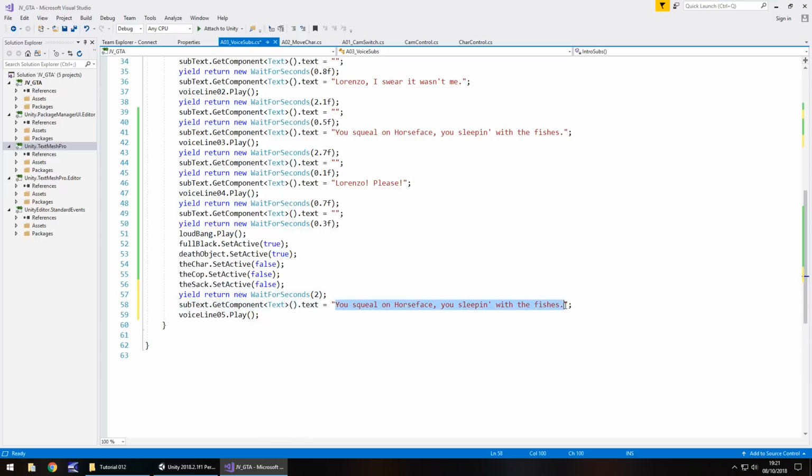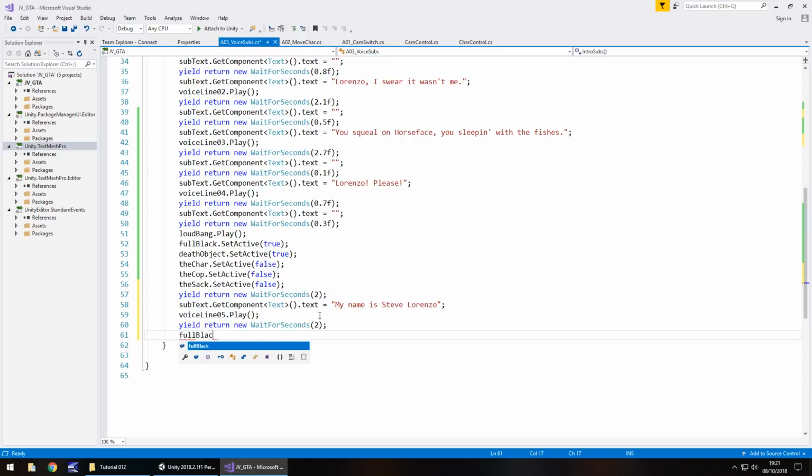And the text is going to say, my name is Steve Lorenzo. And that is going to be on the screen for, I think, probably 2 seconds. And then after that, we're going to turn full black off. So fullBlack.SetActive(false);